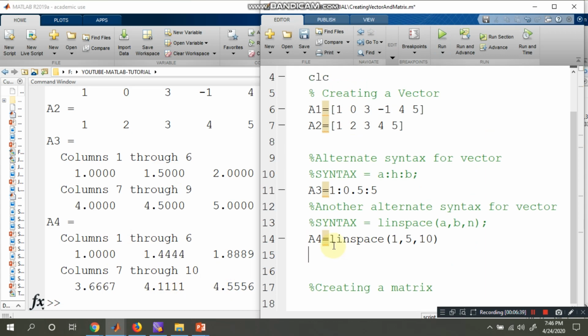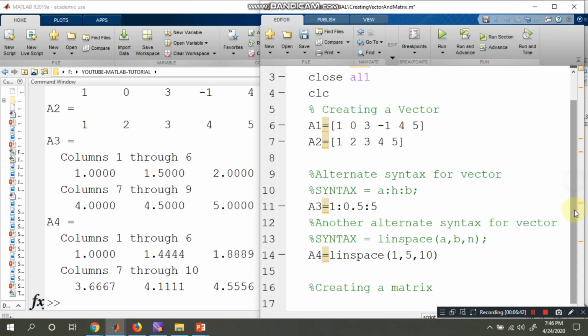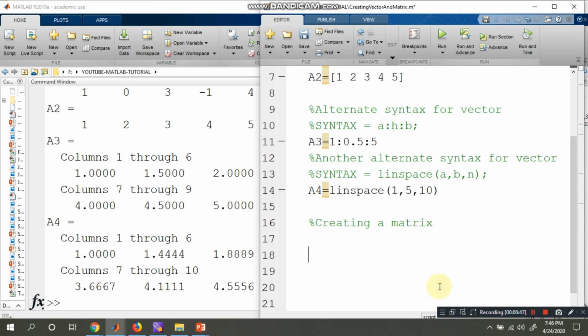Now I would like to create a matrix. How do you create a matrix? Suppose A5 is a 2 by 2 square matrix, which I would like to execute with the entries 1, 3 in the first row, and to go to the next row just press enter and type 5 and -10.